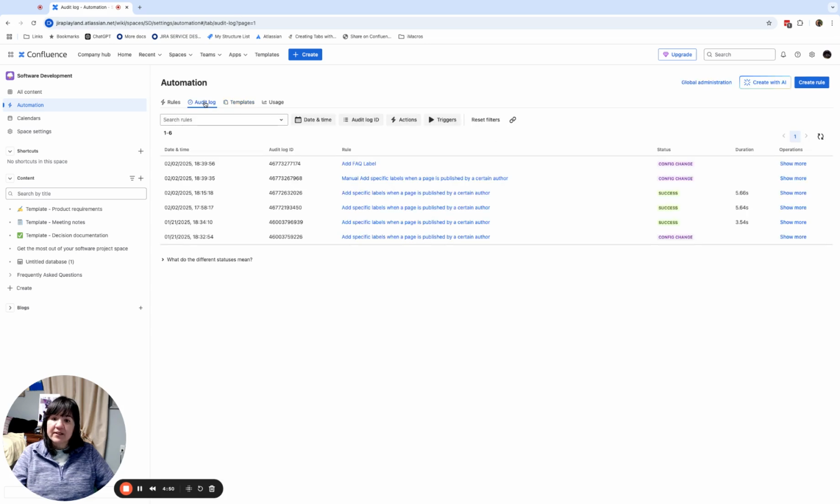The audit log is a great space where you can see all of the audit logs for every single rule that you have. So as you can see here, we have different things. Right here, I've edited this particular rule 4 times, and then I had this rule here, and then I made another change, right? So this is a great way to see all of your audits for all of your automations